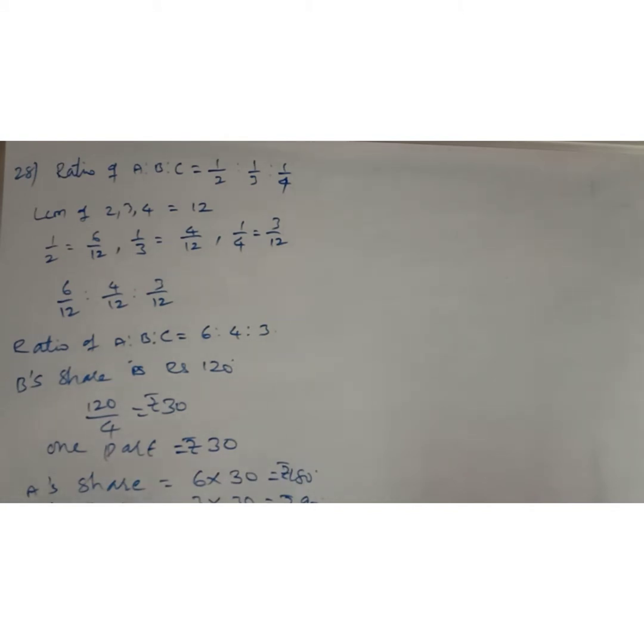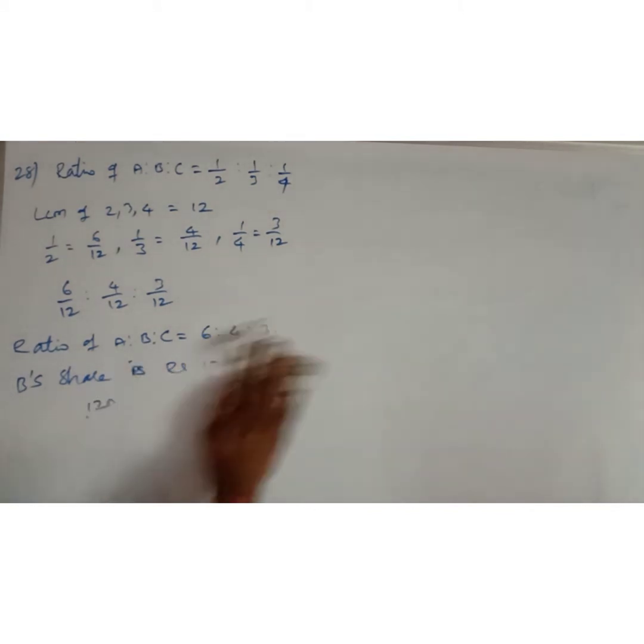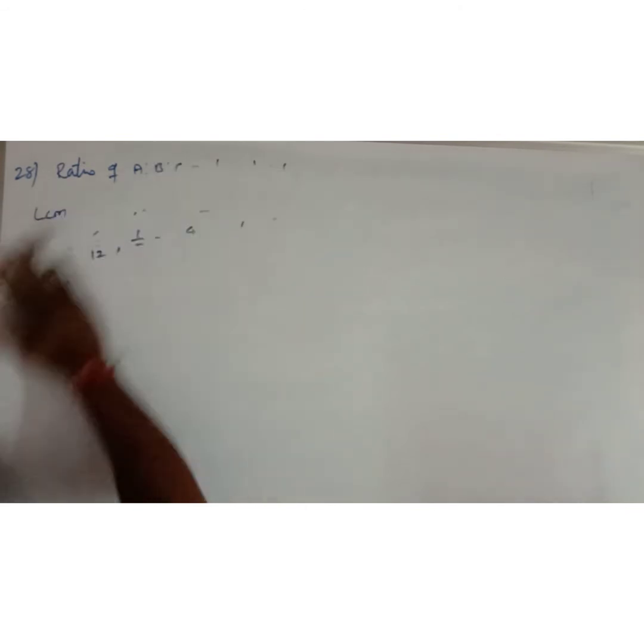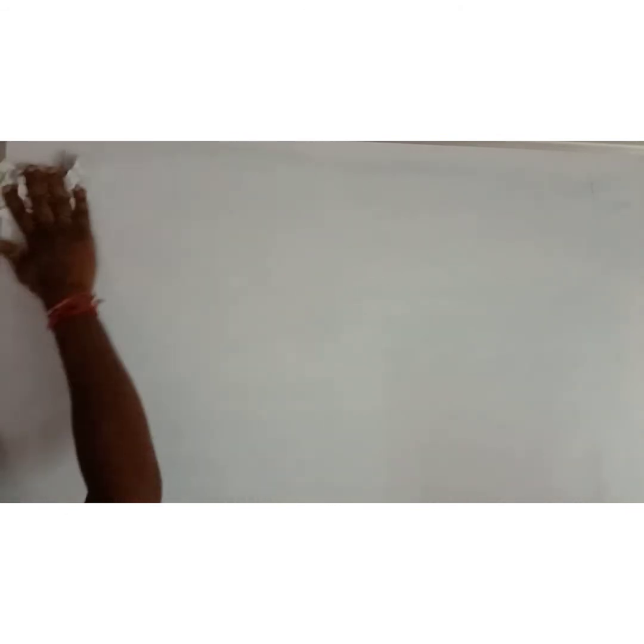Okay, children. The next, 30th question: what number must be subtracted from each of the numbers 32, 38, 17 and 20 so that the terms are in proportion? One number should be subtracted. Then what is that number? So here we have 32, 38, 17 and 20. If we want to make them into proportion, how much should be subtracted?